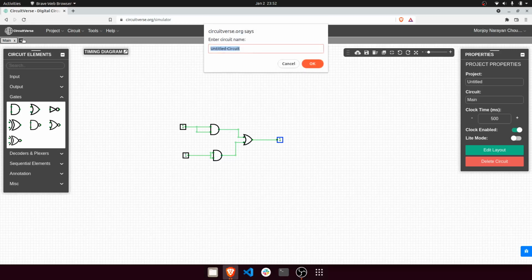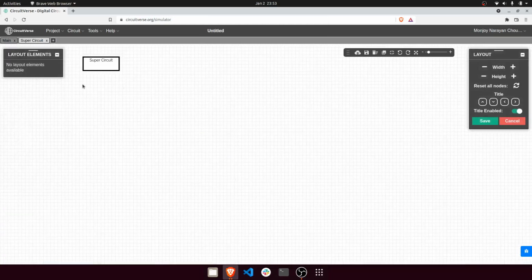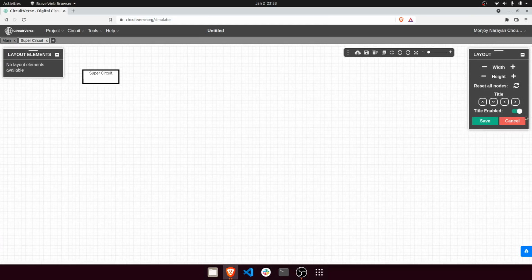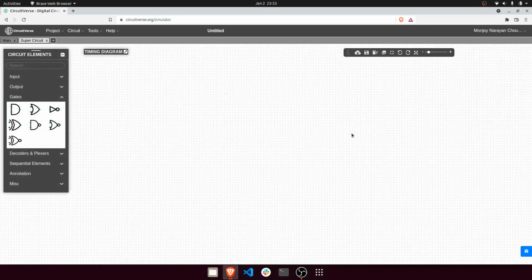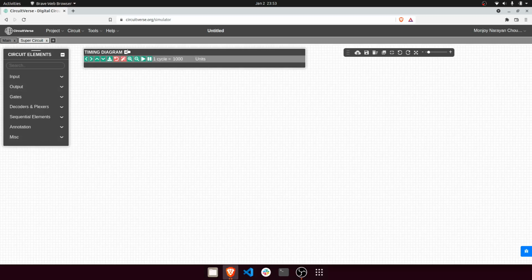Let us say click on plus, you write super circuit. Let us name it super circuit. Now if you click on edit layout, you can change the circuit's layout too. That's a nice feature you have. So yeah, this is the timing diagram.